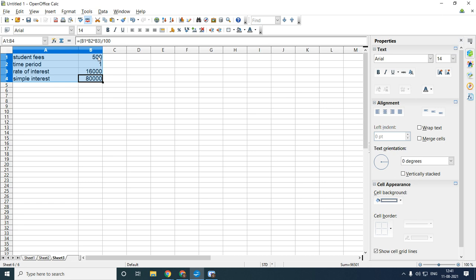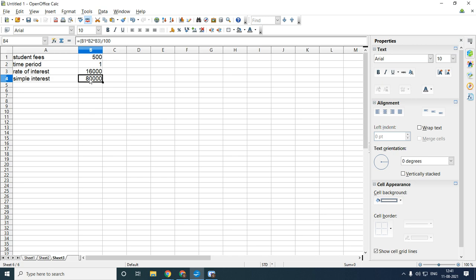Understood about the solver? Yes, ma'am. How to create the solver in spreadsheet, you understood? Yes, ma'am. It is not necessary to take only the student fees example. You can take the principal amount example, or the bank example. You can take your own marks, the report card of any standard, 8th or 9th standard, and you can solve with goal-seek and solver. You don't have to take the same example. Is that clear to all?